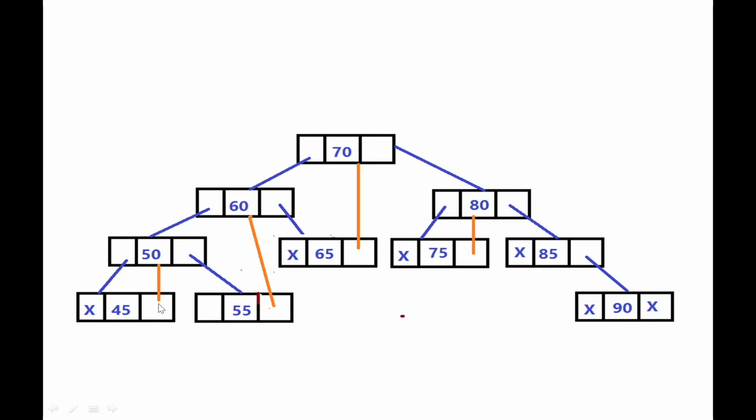If you look at the connection between 45 and 50, it is between parent and child, but the connection between 55 and 60 is not parent and child. It is because in in-order traversal, after printing 55 we need to print 60 as the next value, and that's why this interconnection is made.